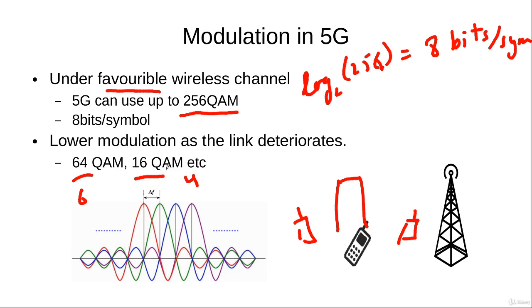So we are using 16 QAM here because 16 QAM is more robust to the bit errors or the symbol errors on the channel as compared to the 256 QAM. So 256 QAM is used under good conditions, and the lower modulation schemes are used when the channel conditions are not